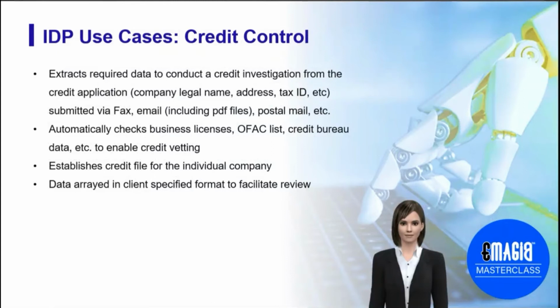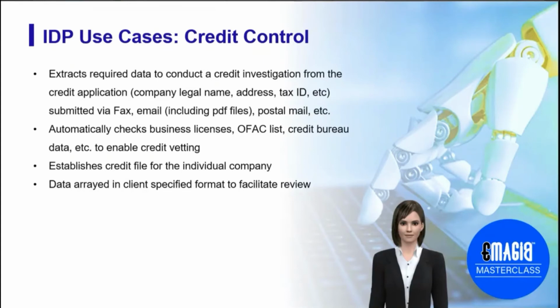Credit application provides the information needed to do a credit investigation, credit vetting, as they say. A lot of information is required. So here again, IDP extracts that information from the credit app. And again, a host of individual data elements, company's legal name, the address, tax ID, and these come in various forms: fax, email,